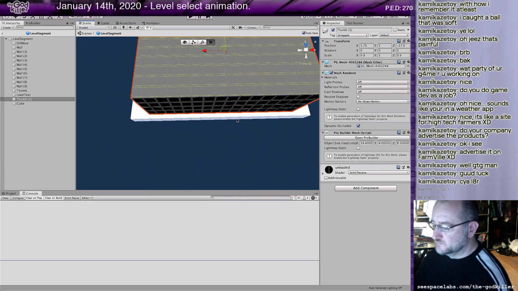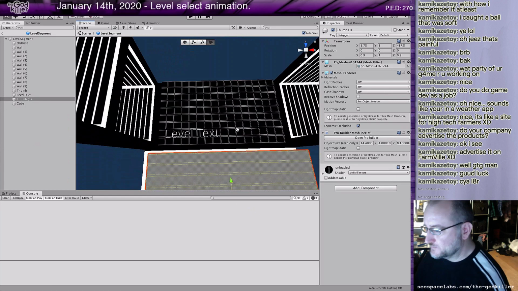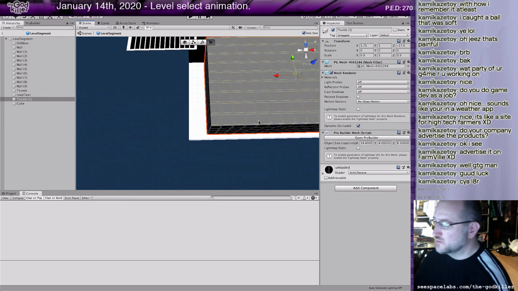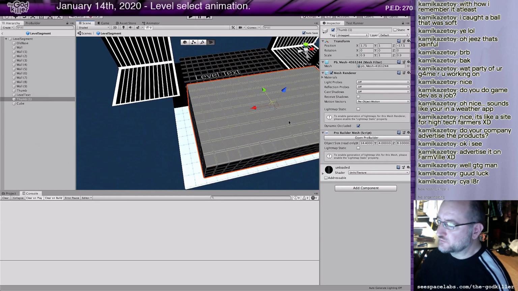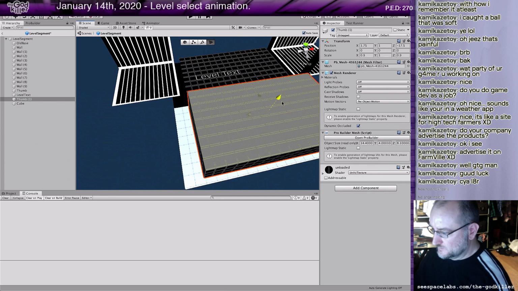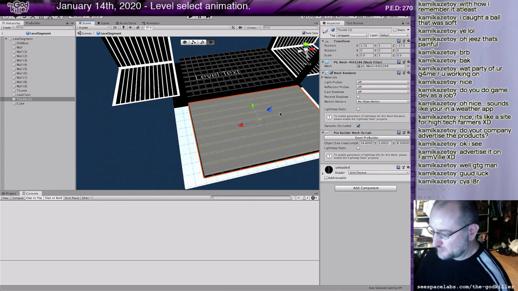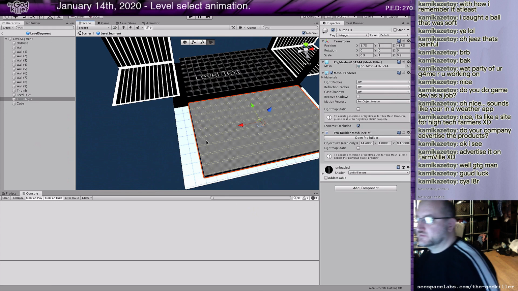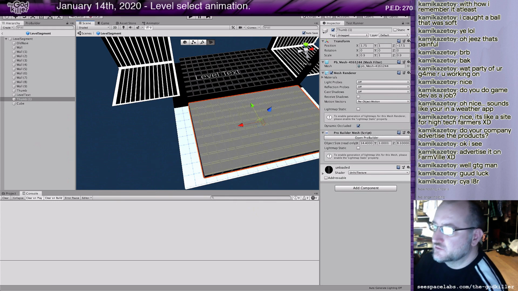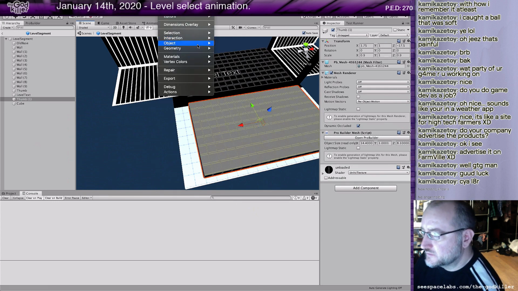Okay, so now there's another feature where I can subtract one object from another. Let me move this down. I think I gotta do that first. So it's kind of punching a hole through it. So then I can take Tools, Pro Builder,